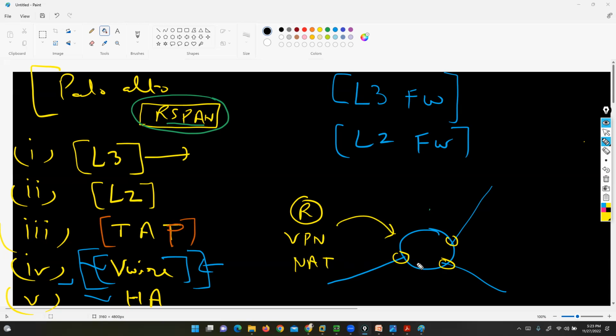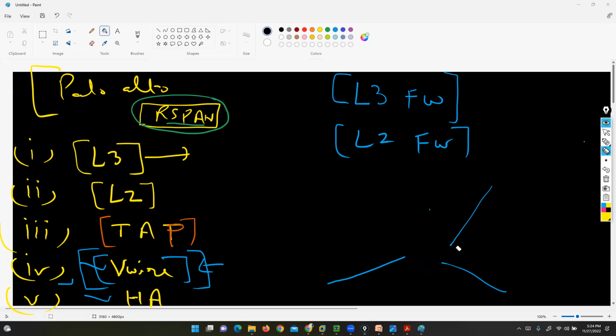And this is a next generation firewall, so I can use next generation firewall features. With an L3 firewall box we have a great feature: we can implement routing, and we can go with the VPN option or the NAT option. In case this firewall device is acting as a layer 2 firewall box,